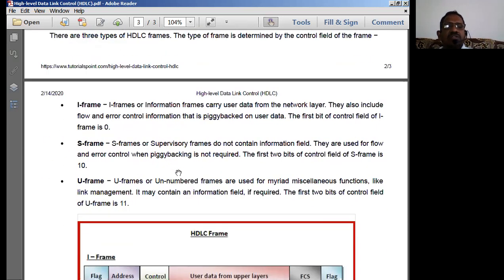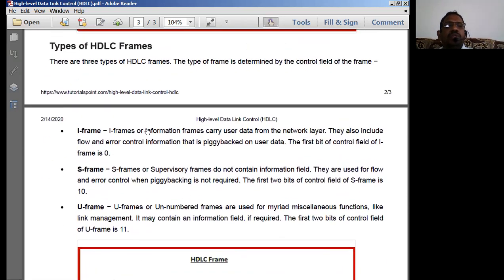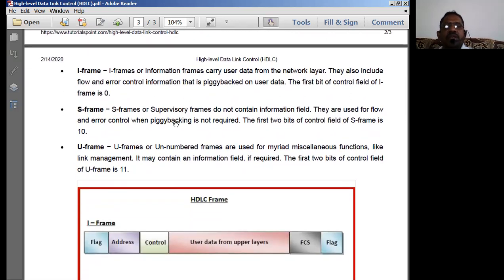Then next, the last topic which we can figure out is going to be the types of SDLC frames. That means what type of data we can really transmit using this protocol over the network link. Now, whenever a network link is there, definitely we are going to have three types of data. One is going to be called supervisory data. The network engineers are normally going to check the condition of the network by using the supervisory frames.